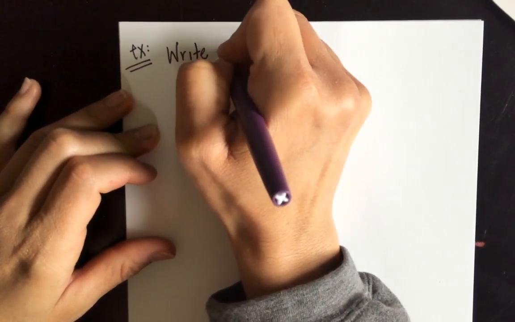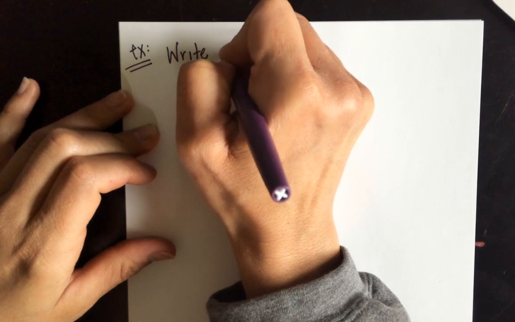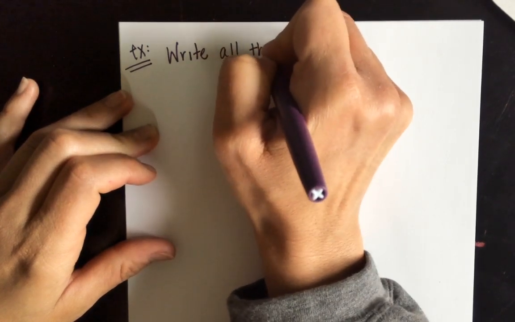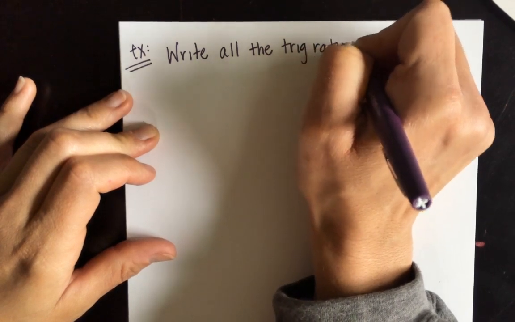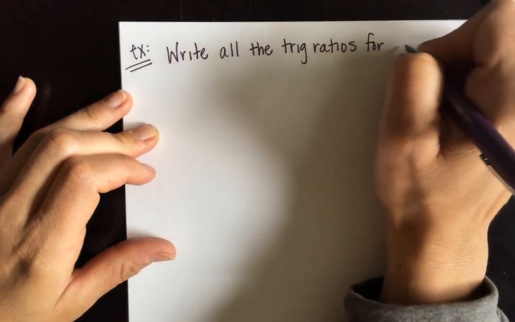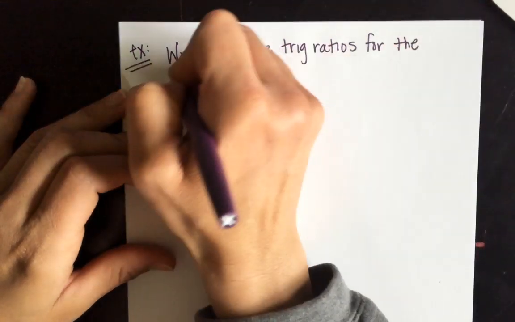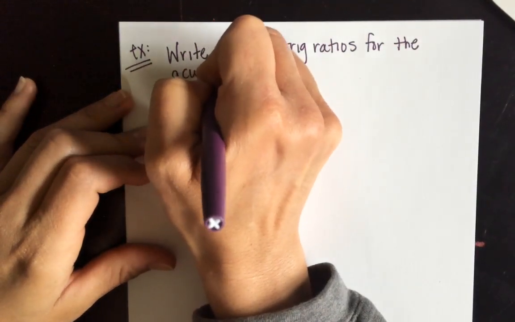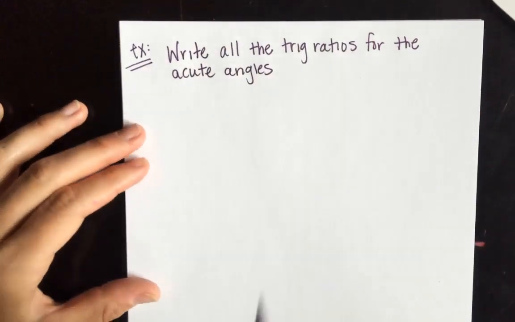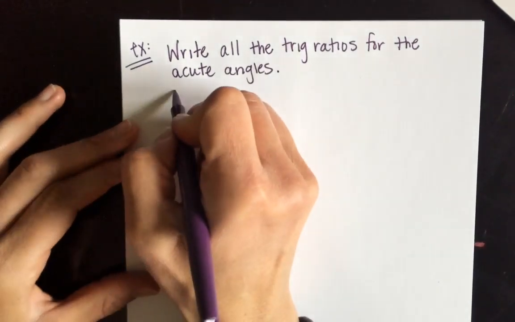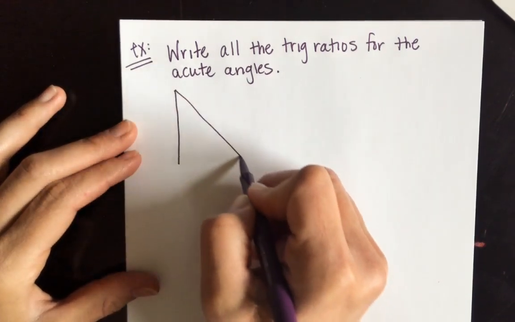Write all the trig ratios for the acute angles. And what you're going to now see is a right triangle